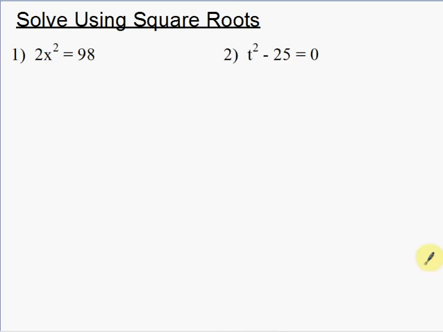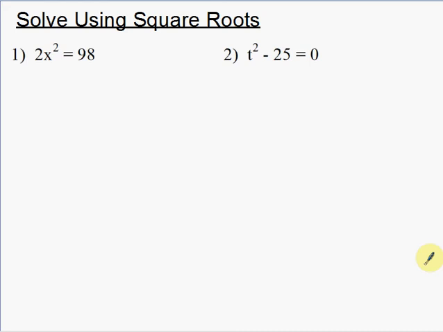Alright, we're going to look at four examples here of solving quadratic equations by using square roots. This is the first method we talked about. The other methods are going to be factoring, completing the square, and the quadratic formula. The quadratic formula actually comes as a result of being able to complete the square. So it's actually completing the square in disguise. And I've already said too much, so let's just take a look at these square roots here, because that's our